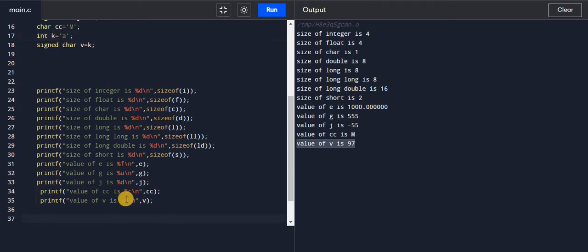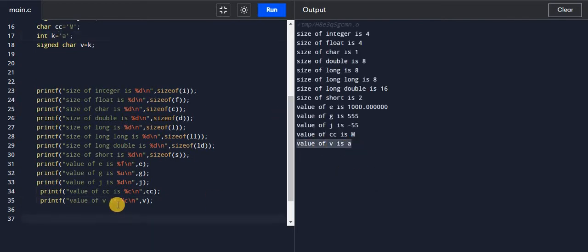Now if I change here, instead of format specifier u, to d, and if I run this, you will get 97 also. Now if I change this percentage to c, you will get a value of v is equal to a. Here you will see the value of v is equal to a.